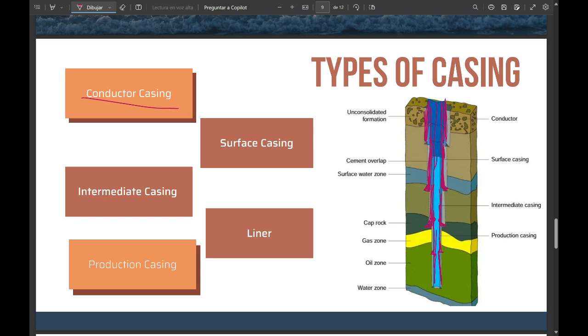The production casing is the casing that is run to the total depth of the well, and it's used for the production of oil or gas. And also I think that the liner can also be a production casing. Instead, we use this to